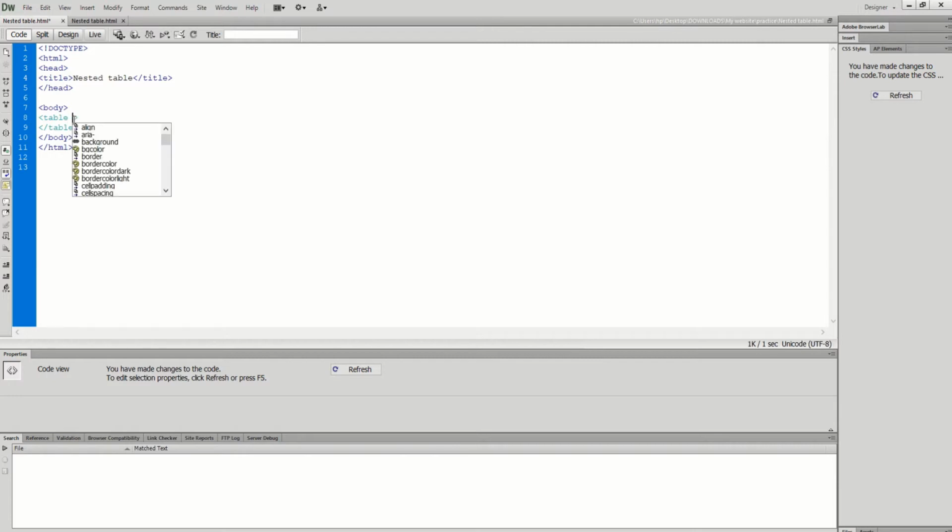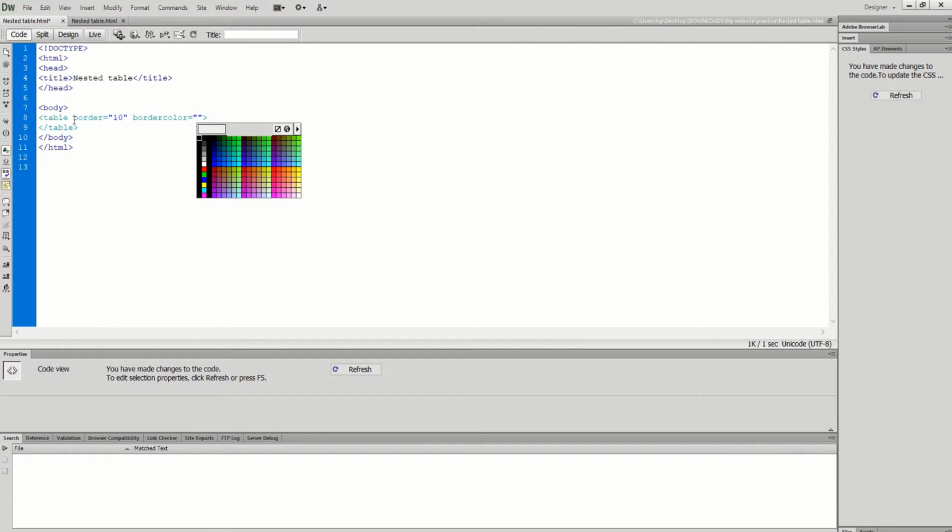So first we will give border 10 to make it big, then we will give color, but the border color, so border color, and I'll put this one, then we'll also align it to the center,